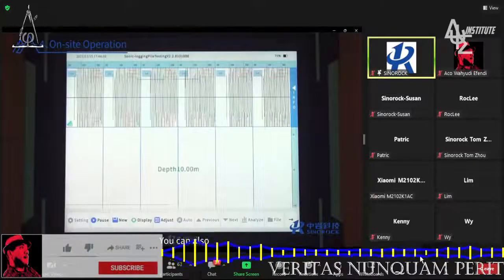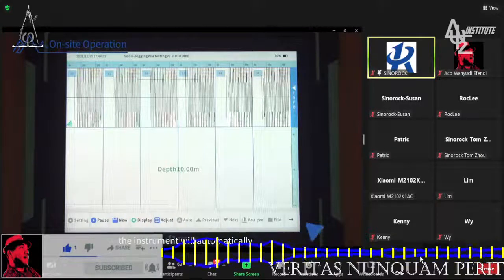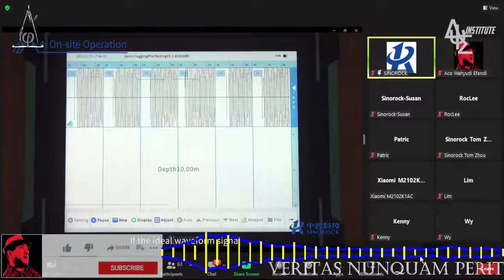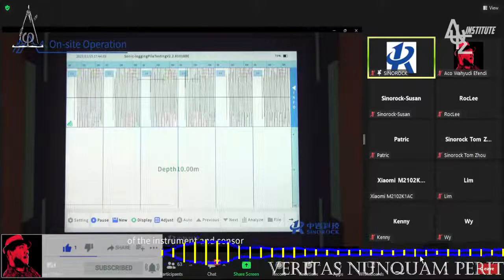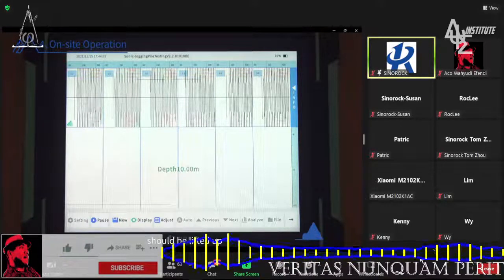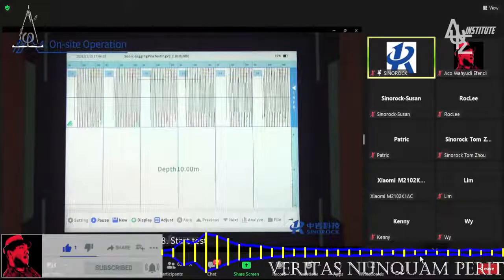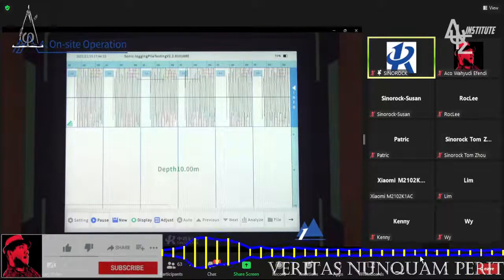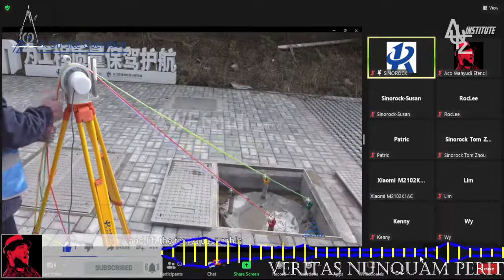You can also choose automatic adjustment in the adjustment interface. The instrument will automatically search for the first wave and set the appropriate gain and delay. If the ideal waveform signal cannot be obtained after multiple adjustments, after eliminating the faults of the instrument and sensor, the transducer should be lifted up to the point without defects and then observe whether the signal can be adjusted ideally. 8. Start test. Click New, enter the file name, and lift the transducer cable at a constant speed until